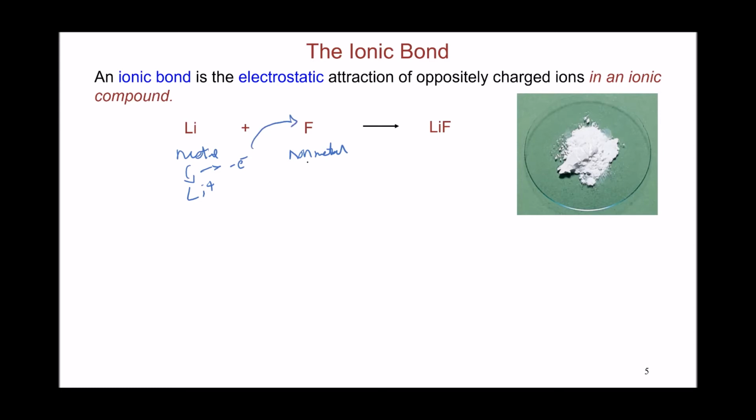So the non-metal will gain that electron and become a negative charge, an anion. And because it's simply a combination of positively charged ions with negatively charged ions, they will electrostatically attract each other and form a salt